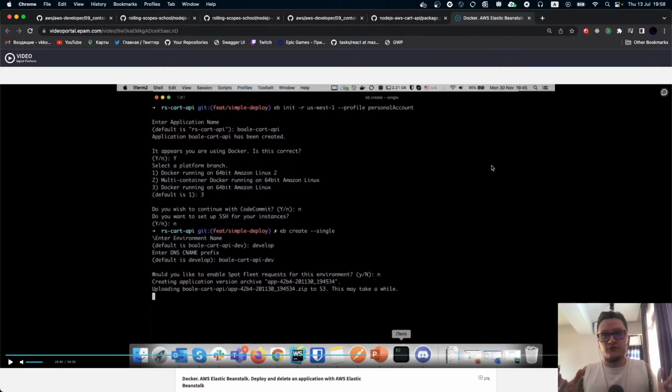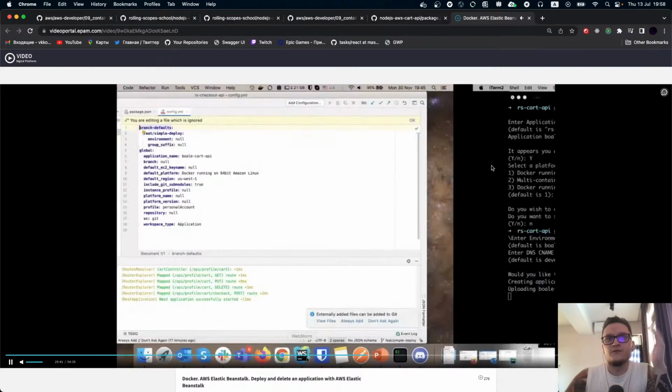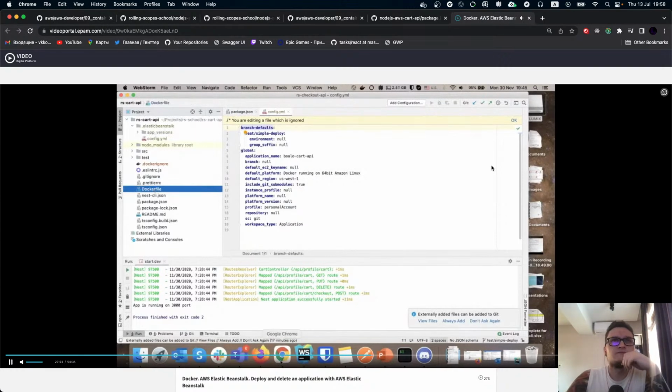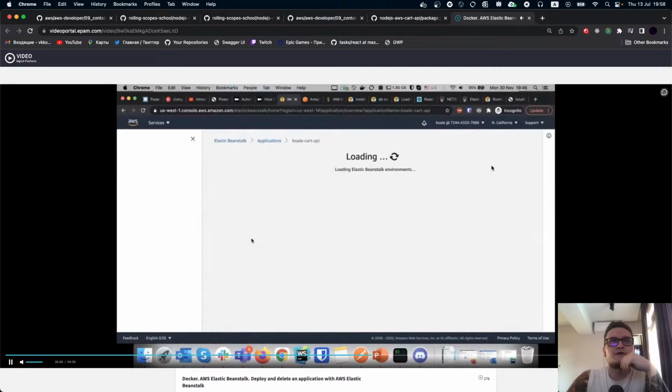It used the Dockerfile for this. So it archived everything inside a .zip file and pushed it to S3, because Amazon always uses S3 as the storage for files. Then it will use this S3 container to create your application.